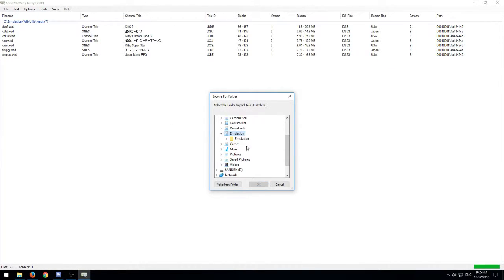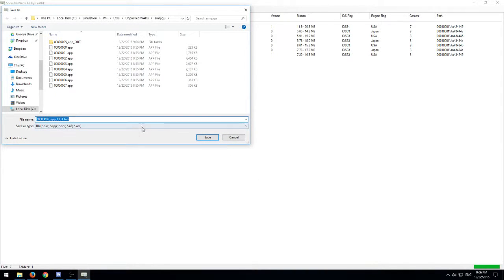We're going to go to the folder where we have our unpacked WADs, RPGU. We're going to select the 05 app out folder. We're going to click OK. Now it's going to ask us where do we want to save this file. So we're going to save it in the unpacked SMRPGU folder here. I'll save it with everything else. Now it wants to name it a default 05